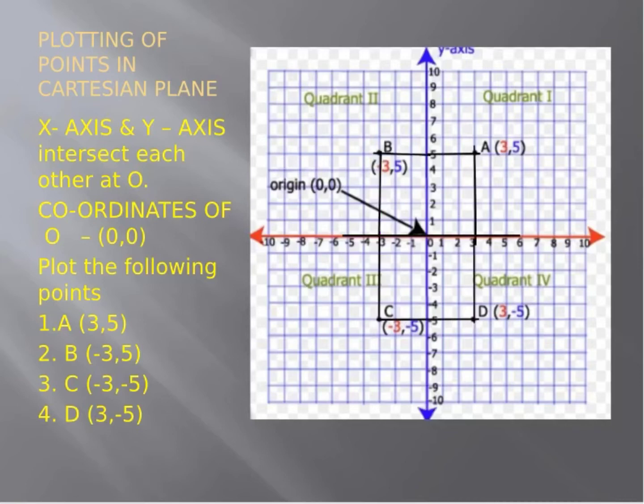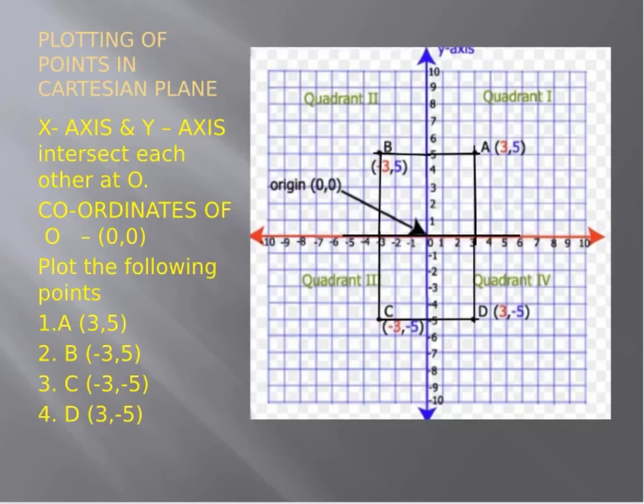The third point is C, minus 3, minus 5. So the abscissa or x coordinate of the point is minus 3 and the ordinate or y coordinate is minus 5. So first of all, let us take the x coordinate. It is minus 3, so you have to draw a straight line from OX dash, that is minus 3, in the downward direction. Why? Because the y coordinate is minus 5, which will be lying in the downward direction, that is along OY dash. Now draw a straight line from minus 5 towards the left direction, and you can see that they both are meeting each other at a point, and this point is C, minus 3, minus 5.